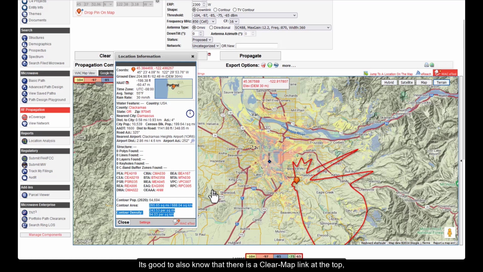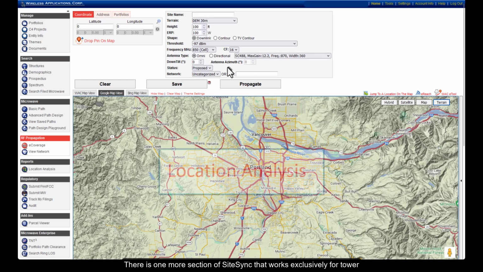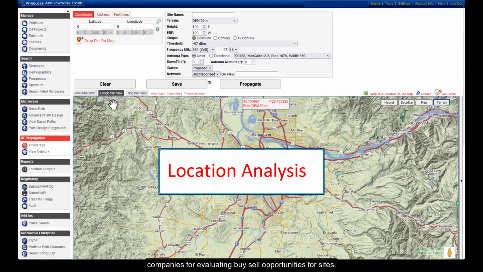It's good to also know that there is a clear map link at the top. This is to clear off all the propagation layers afterwards. The feature allows you to run a propagation, then go into the structure search component and it stays there until you clear it. There is one more section of SiteSync that works exclusively for tower companies for evaluating buy-sell